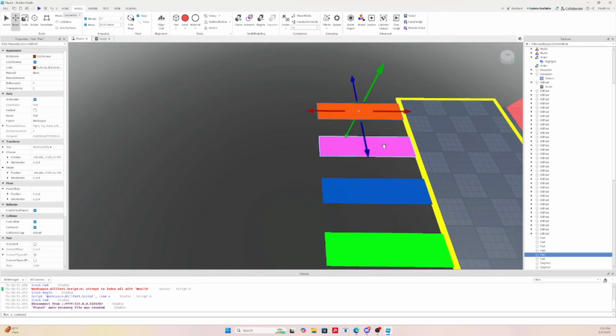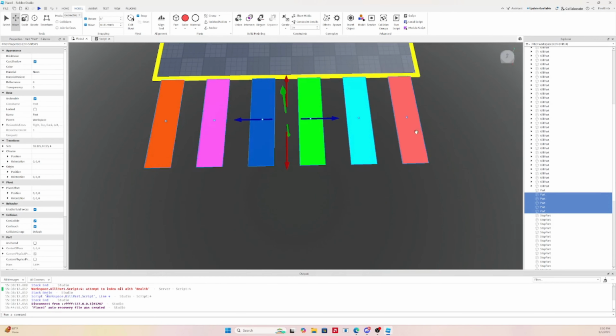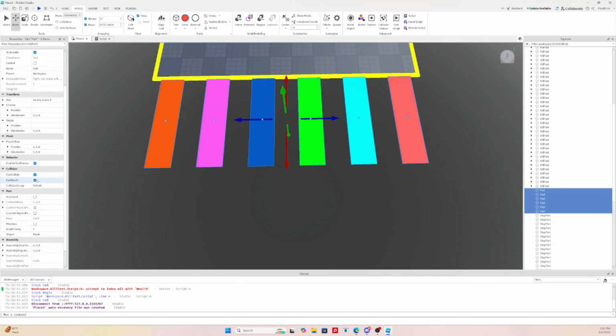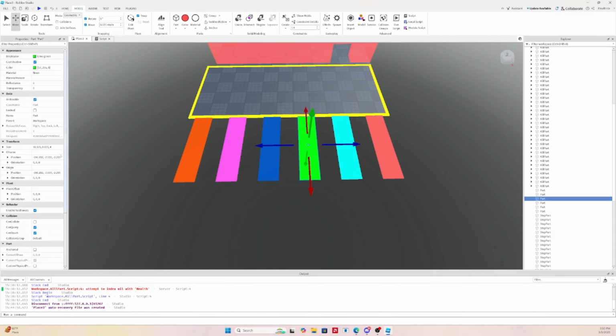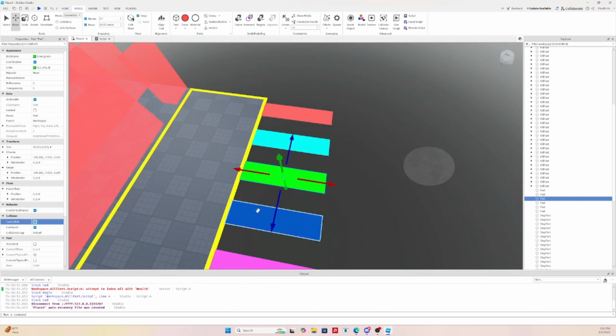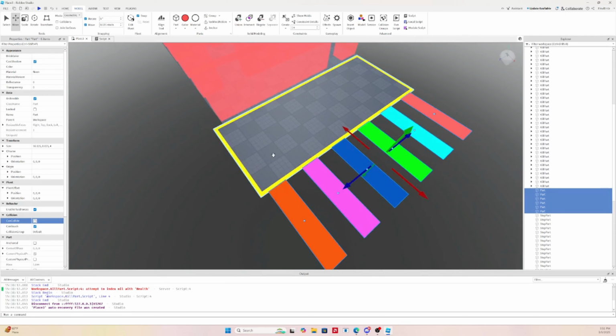Alright, there we go. So we can go ahead and take all these parts, select them, and what we're going to do is you're going to choose one of these. So we're going to select all of them, turn off Can Collide, so you'll just fall right through them, and then select one random one to have Can Collide on. So now that you've done that, we're going to copy all of these, and in fact, actually, we need to